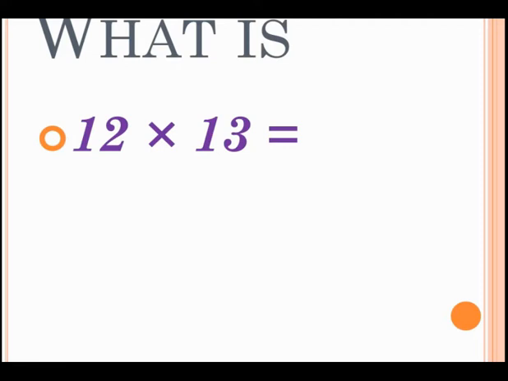Can you do this one within 1 minute? I will give you one clue also. The answer contains 3 digits. Did you get the answer? Okay. The first number is 1 in your answer. The second number is 5. The third number is 6. Did you get this answer? 156.